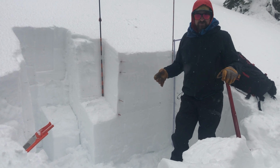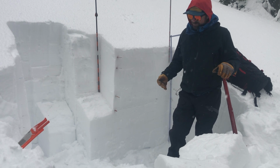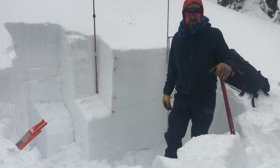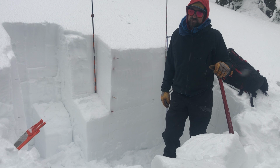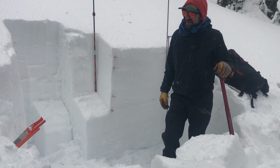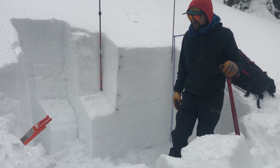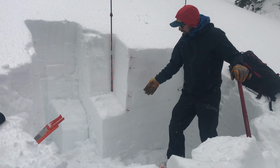Very different than what we saw on the way up. You know, pretty wet snow, kind of punching through to our waist down low. Saw roller balls and sign of a warm snowpack down low. As we've moved up, it's continued to get drier. Still a pretty cold, dry snowpack relatively for this time of year, but you can see behind me here we've